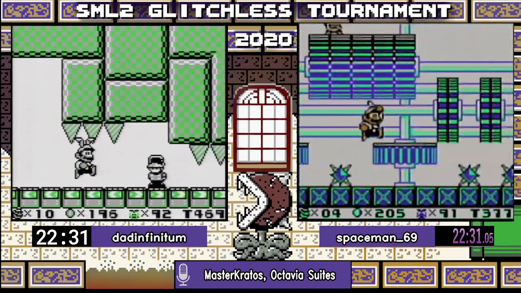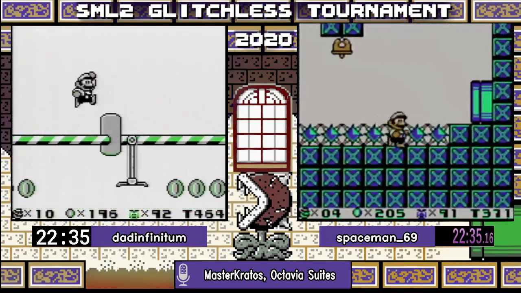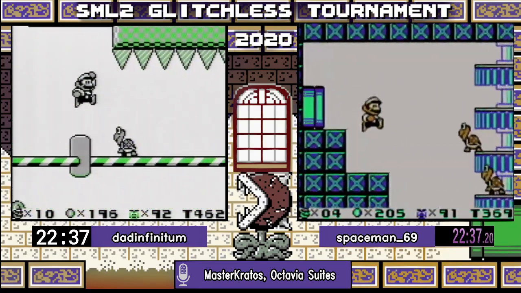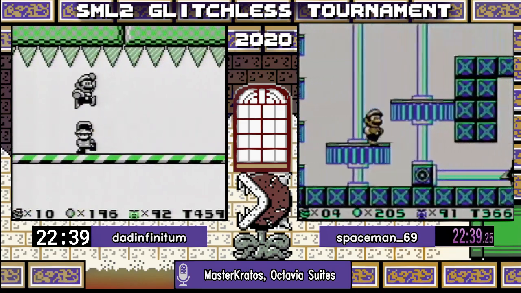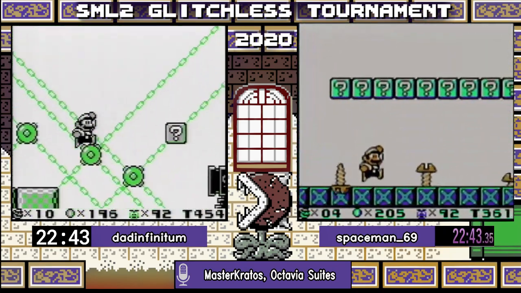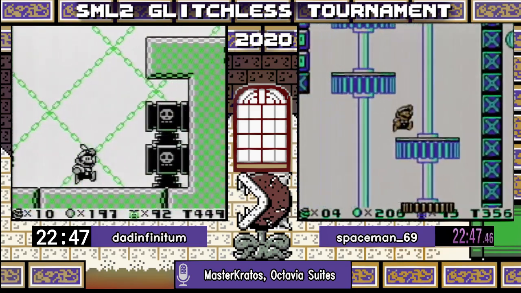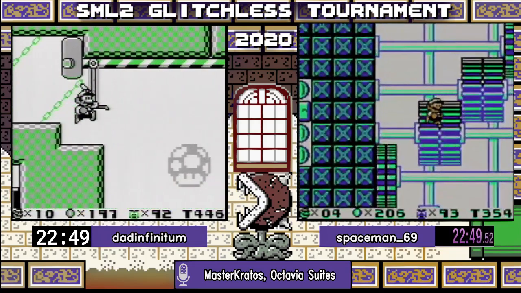And it looks like Spaceman is going to hold on to his Fire Flower and just take minimal damage in the spike room. The nice thing about the kill count in this game is that it is a little bit lenient, so if you miss enemies in some levels, you can make it up later. And also, at the end of the game here,